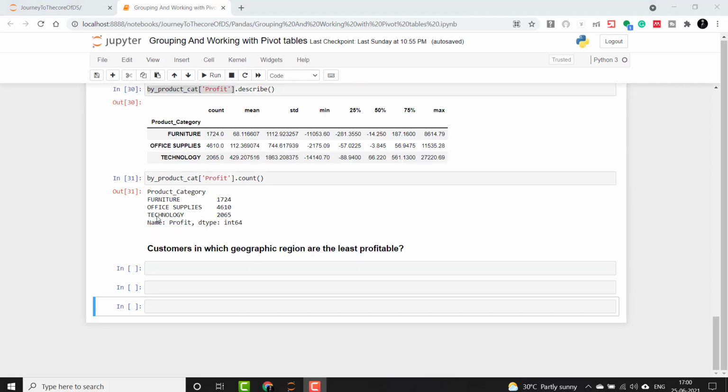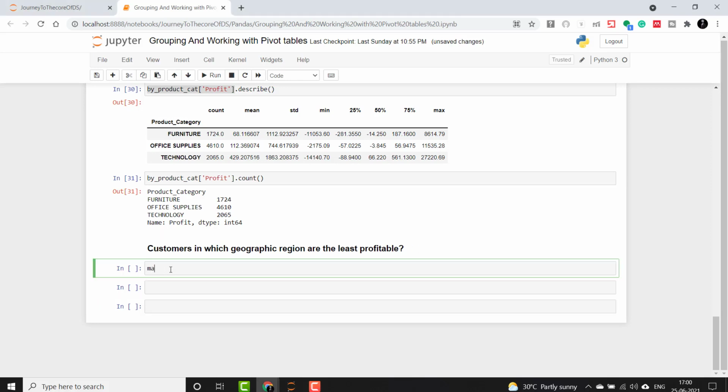You can even try with other aggregation functions. Now let's try to solve the last question which we wrote, which is: customers in which geographic region are the least profitable? For this we again take master_df and apply a group by function on it.